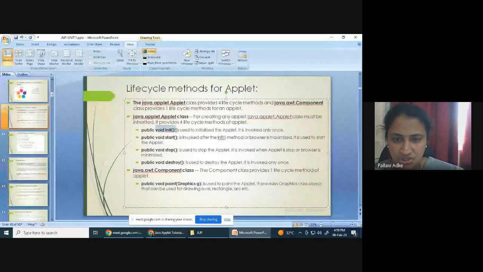So initialization and destroy, these two life cycle methods are invoked only once. Initialization happens only once, and destroy also happens only once. But the middle ones, start and stop: if you are opening the window, maximizing the browser, it will start. If you are minimizing that window, it will stop. So start is different, stop is different, initialization is different. Stop means it will temporarily stop, and destroy means it will vanish, you are going to destroy it completely. Okay, so these are the 4 steps which come under